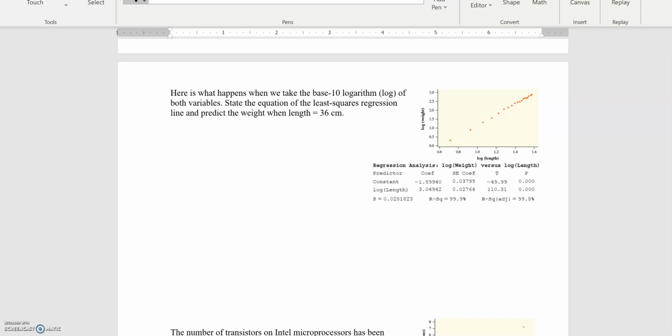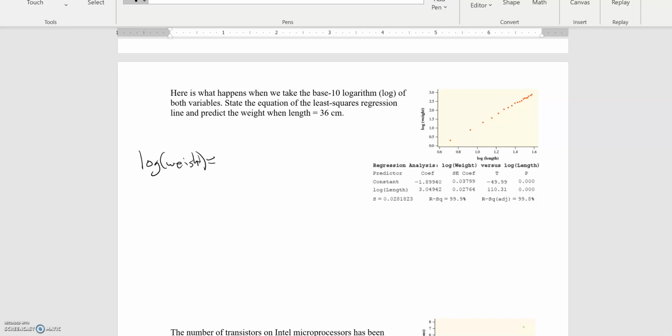Now, the other thing you can use is logs. And so here's the log example. So this is using base 10 logarithms. And you notice now the R-squared is actually even better if we log both variables. So it's the same idea. This is the equation here. But now they've actually transformed both variables. The y variable now is log of weight. So I'm going to write that. Log of weight